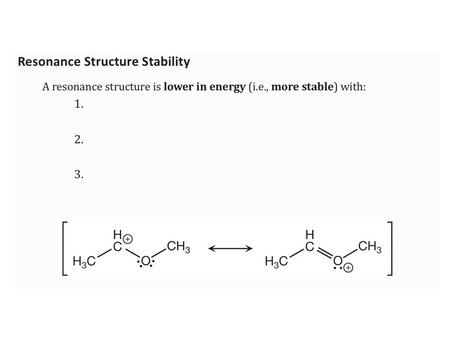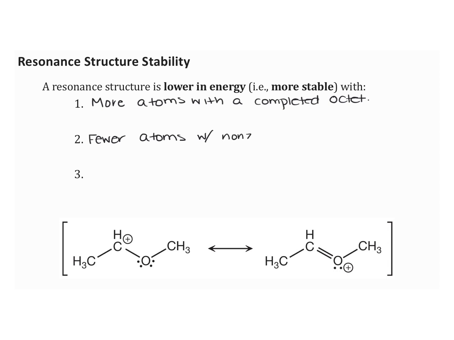A resonance structure is lower in energy or more stable when it has more atoms with a completed octet, right? Fewer atoms with non-zero formal charge,